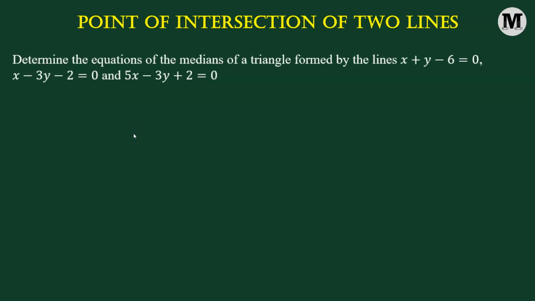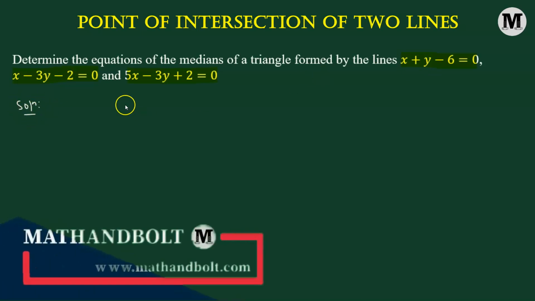Determine the equations of the medians of a triangle formed by the lines x + y - 6 = 0, x - 3y - 2 = 0, and 5x - 3y + 2 = 0. Okay, let us begin. So first, we are going to consider three lines whose equations are already